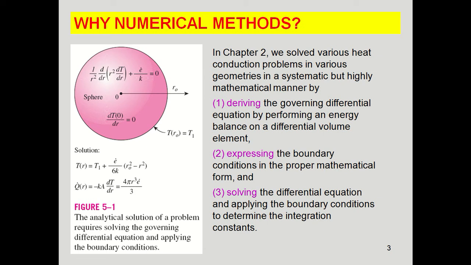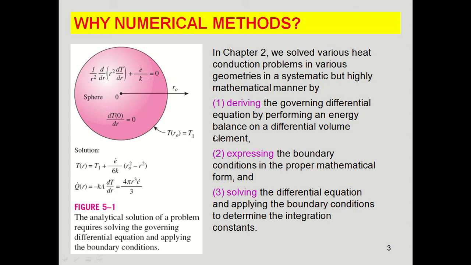Now we need to apply the boundary conditions. To find the boundary conditions, we have seen that the problem is in one direction. The heat transfer is only in one direction, so we will substitute the boundary conditions in terms of radius. When r is equal to 0, that means at the center, the temperature gradient with respect to the radius is 0. When we substitute r is equal to r0, that means the outer radius of the sphere, the temperature is T1. That means we have defined the temperature of the surface of the sphere as T1.